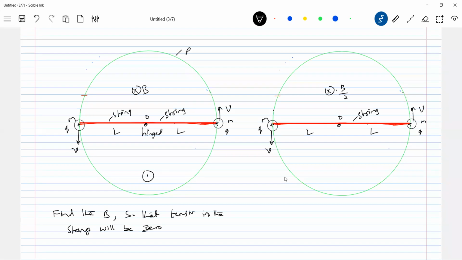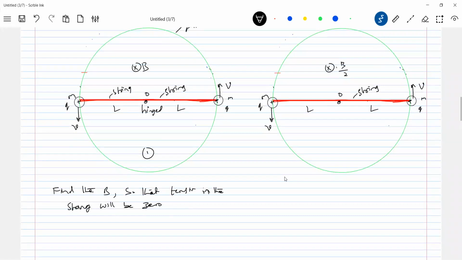This is a circular path. Now what are the forces that will be acting? So here QVB. Avoid electrostatic interaction. In every problem you're supposed to neglect electrostatic interaction, no electric forces. I'm making it clear, even in questions they'll mention: avoid or neglect the effect of electrostatic forces here. What should be the forces that will be acting here?